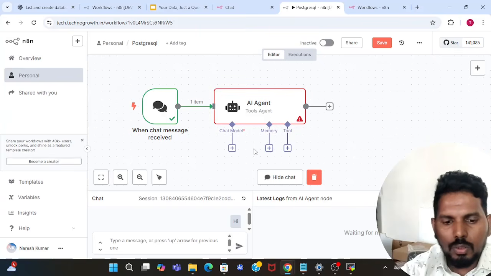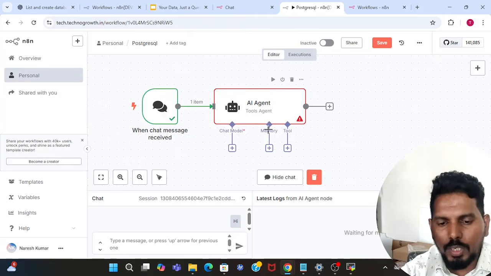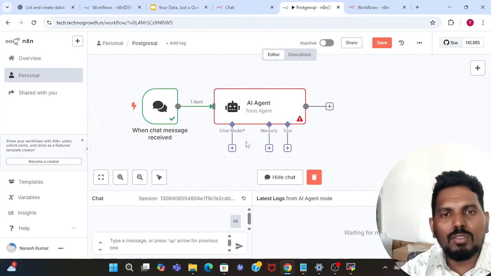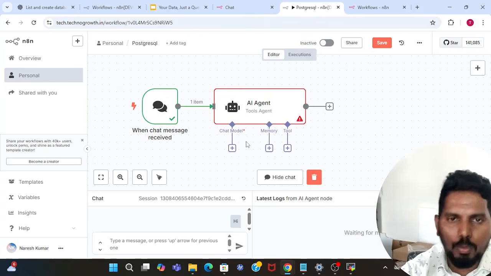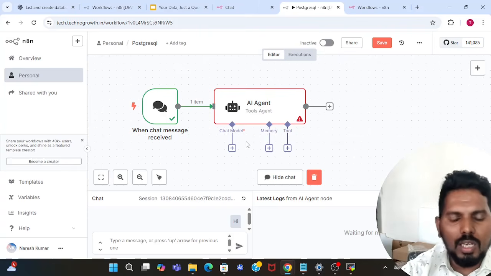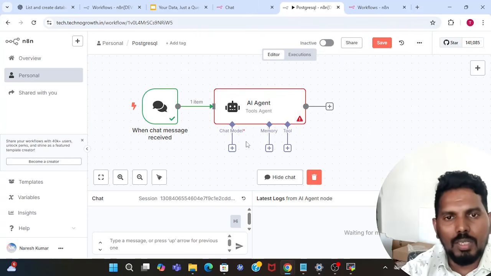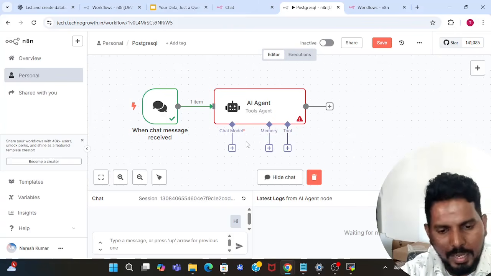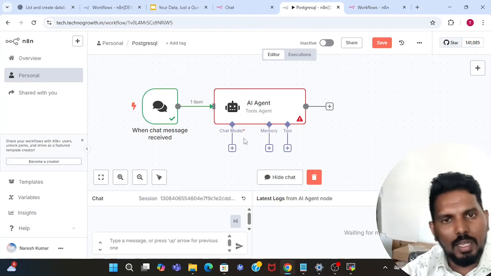Okay. So before adding tools, you can see that the agent requires some parameters. One is the chat model, one is memory, and one more is tool. You can see that the chat model is marked with a star, which means the agent requires one chat model. It might be OpenAI, it might be Gemini, or it might be Claude, right? Or if you have your custom model running with Ollama, you can try to add that as well. So for this demo, I'm trying to add OpenAI